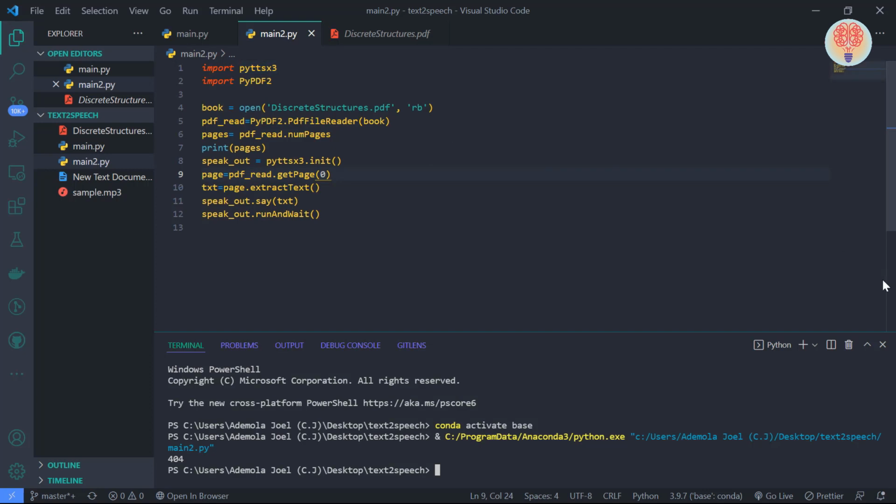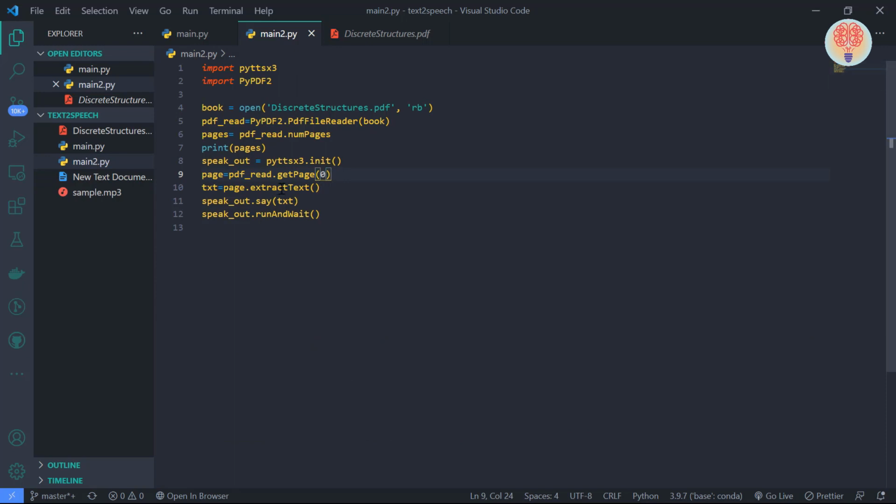Hey guys, welcome back to the final part of our tutorial. So we've achieved a lot. We've read from our PDF, and we actually print out the number of pages in our PDF. So cool, right? And also we can read from the beginning. We don't want to start reading from the beginning of our code now, and we don't want to read only one page. That means we want it to continue reading till it reaches